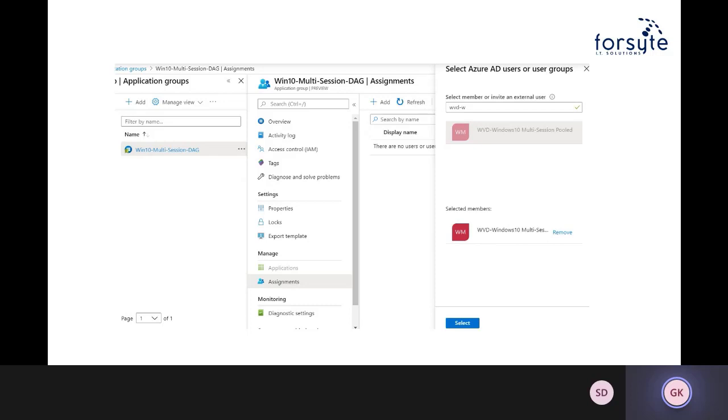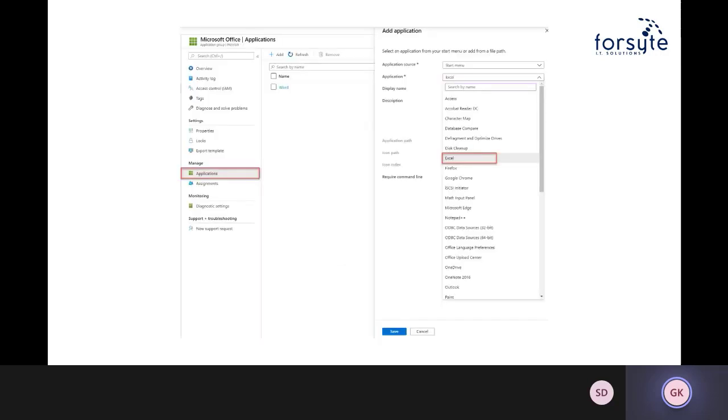But now all I have to do is add that Azure Active Directory synchronized group. So in this case, I've got a WVD Windows 10 multi-session pooled group. I usually don't make mine that long,